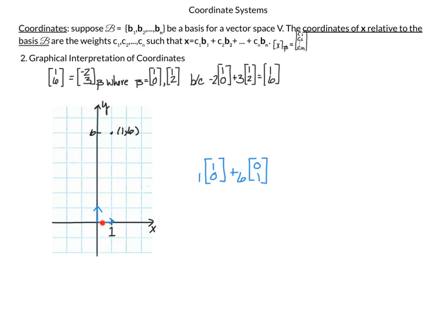So 1 times (1, 0), that's just (1, 0). But now we have 6 times (0, 1), so I need to scale my second standard basis vector by 6. So this is my scaled standard basis. And now, according to my parallelogram law,